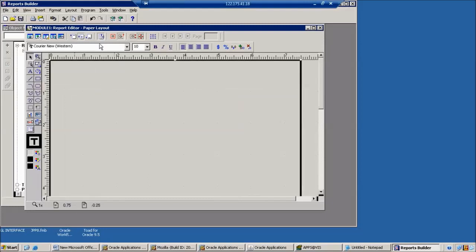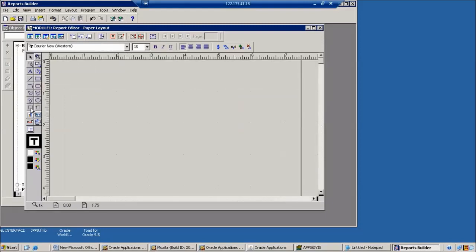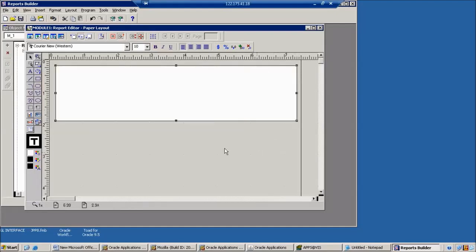Adjust the edit margin, choose the main frame, and choose the repeating frame. Then choose the fields for username, user ID and creation date.